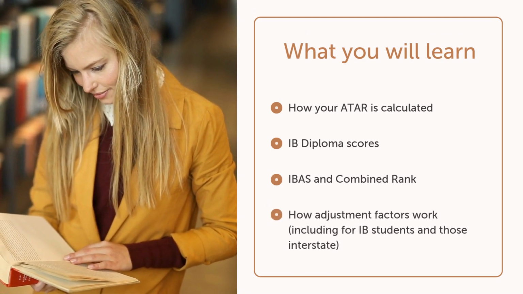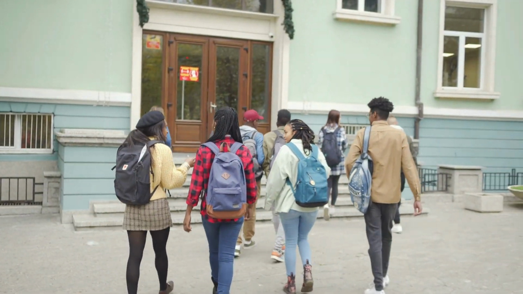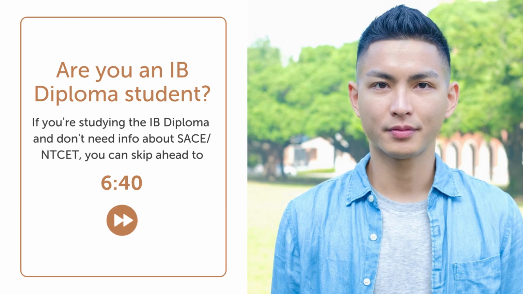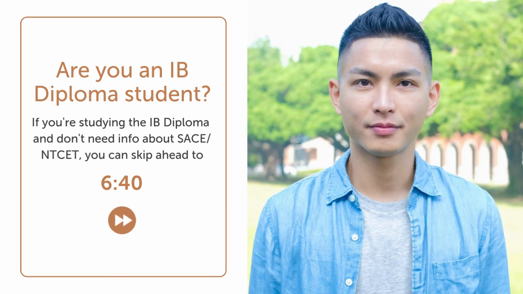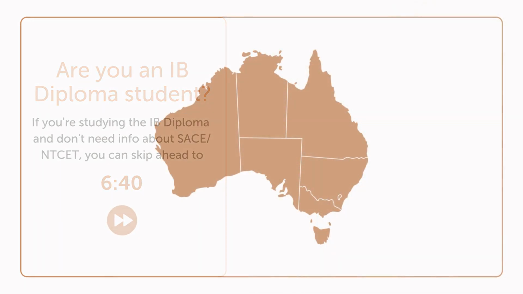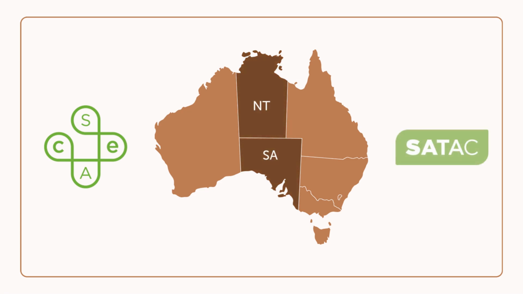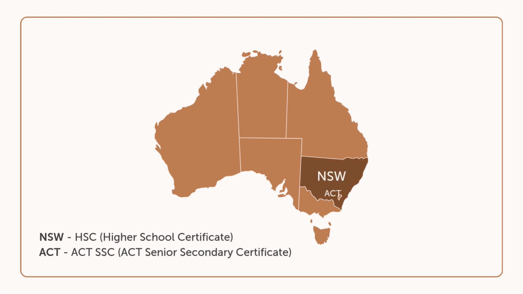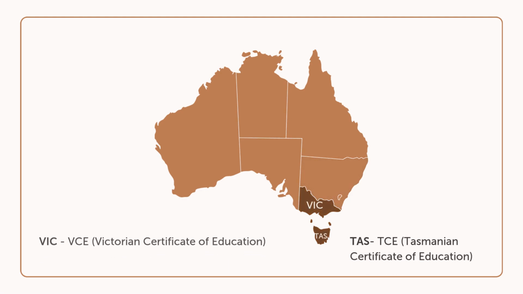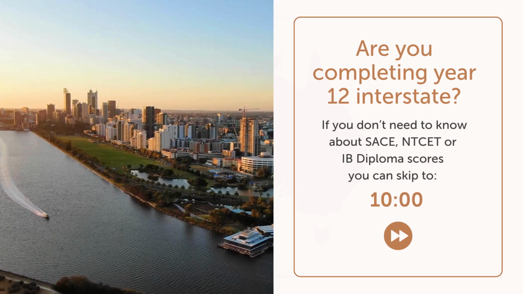Let's start with the University Aggregate and the ATAR for SACE and NTCET students. If you're an IB applicant and you don't need SACE information, I suggest you skip to the time shown here on the left side of the screen. If you're applying with an Australian qualification from interstate, then you should seek information about your scores and how your ATAR is calculated from the relevant tertiary admissions centre in your state or territory. You can skip to this time here on the right if you don't want to learn all about the SACE